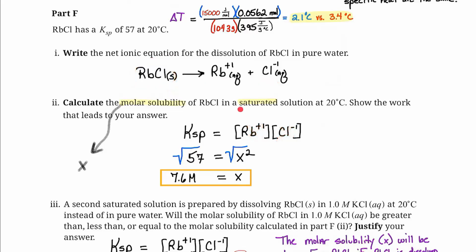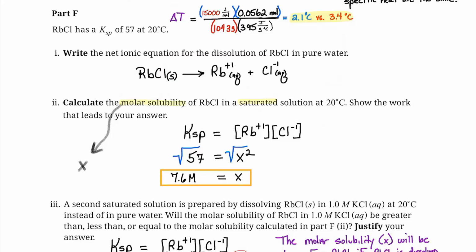And because they said saturated, remember, what's in these brackets is molarity. That's what molar solubility is when this reaction is at equilibrium. So what are these concentrations? Well, they gave us the KSP. So basically, to solve for the exact concentration at equilibrium, to solve for X, the molar solubility, we're going to just take our KSP value and set it equal to X squared, and then square root both sides, and I get